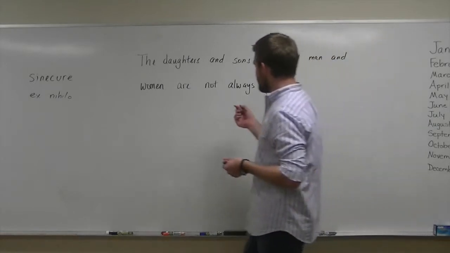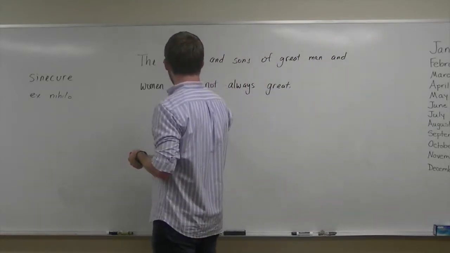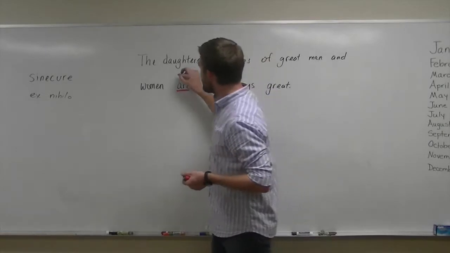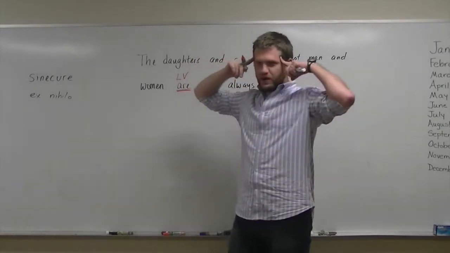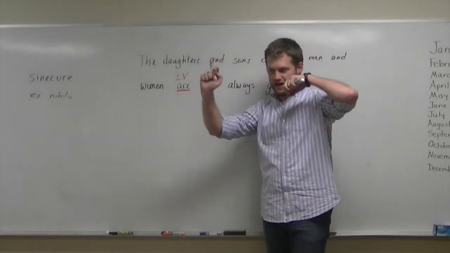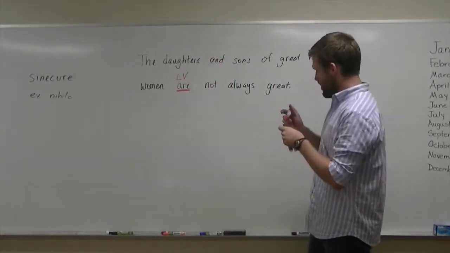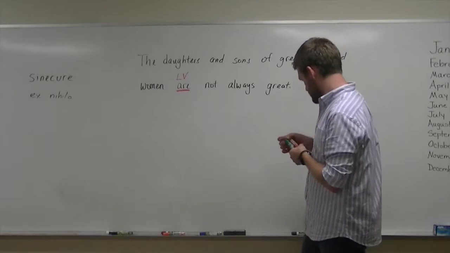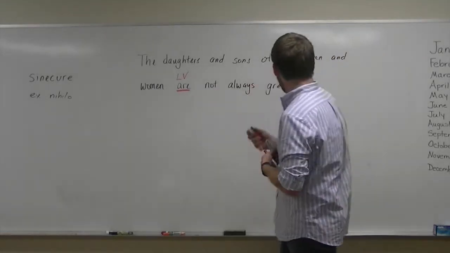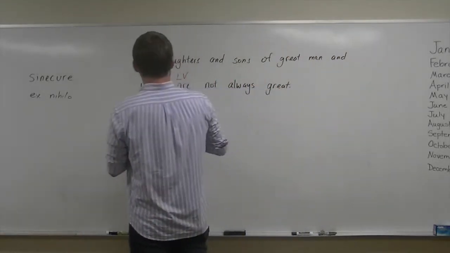Are. What kind of verb is are? Linking verb. Okay. Now if I have a linking verb, I'm loading up in my mind a subject noun in the nominative and then a predicate noun or predicate adjective also in the nominative. So what is our subject noun? Daughters and sons. Okay, good. Here we have to be